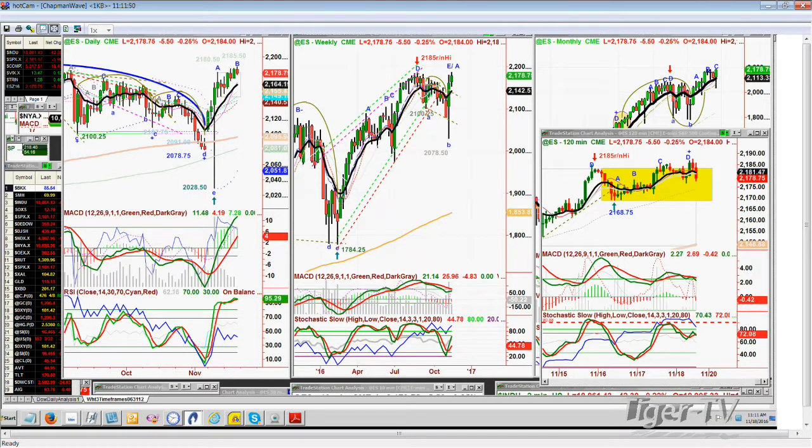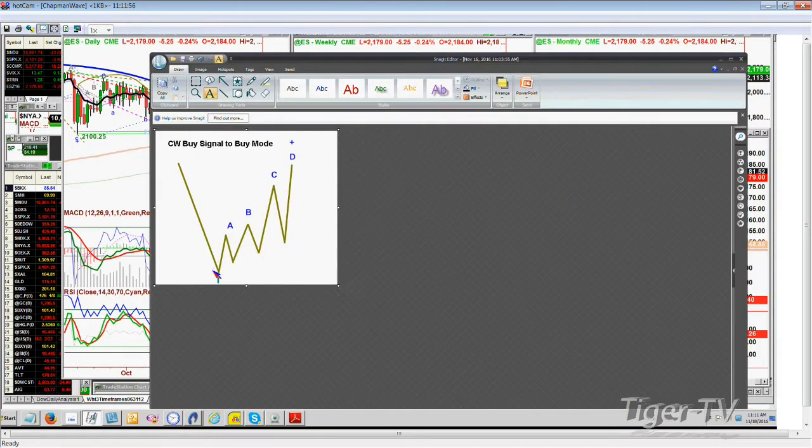Here's 100, you remember peak D? I make such a big deal about peak D. What does that mean in the Chapman wave methodology? You find the lowest low bar, you immediately count each successively higher peak. When you get to the fourth peak, that's when other things can happen. It doesn't mean you're going to go sharply down. It doesn't mean you're going to go sharply up.